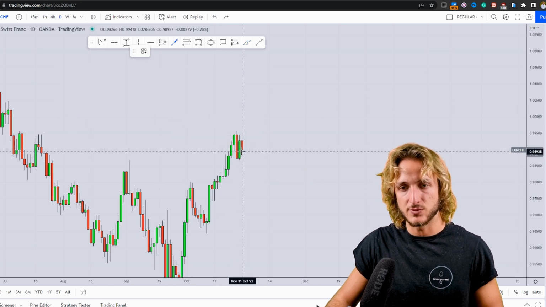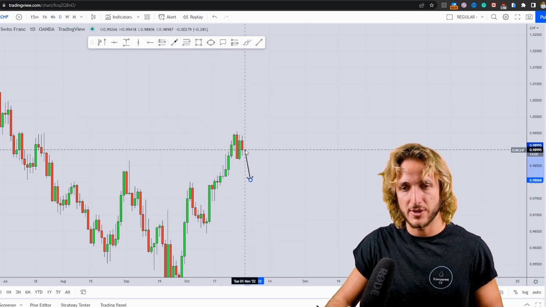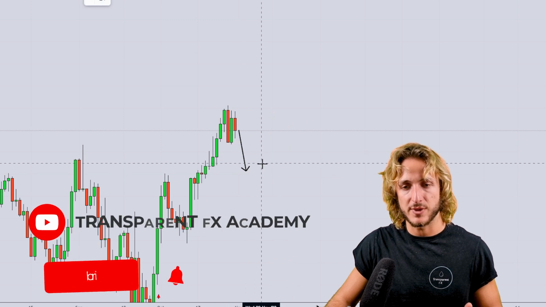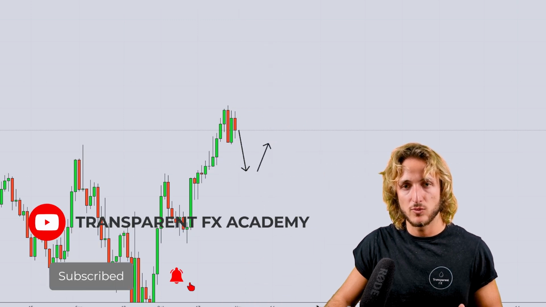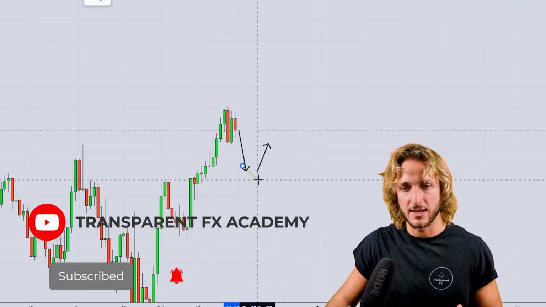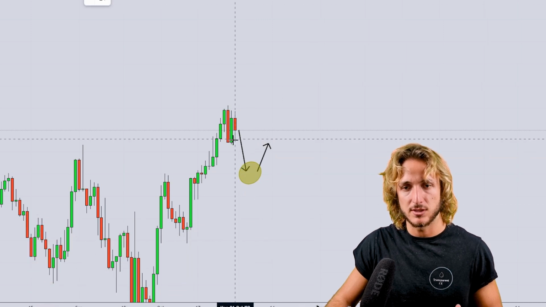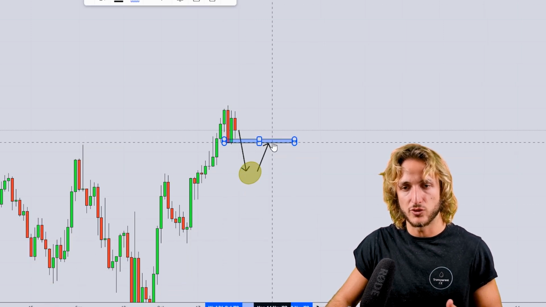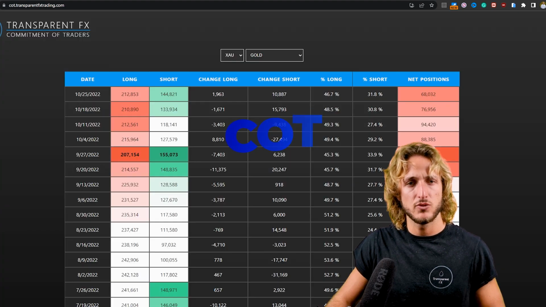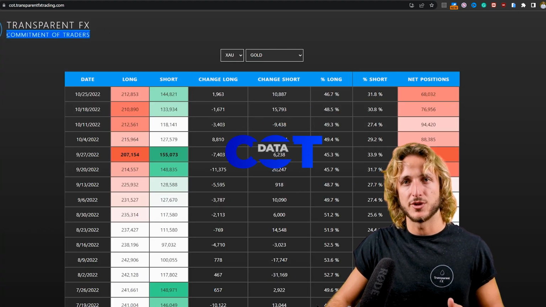So if we do get this move to the downside, creating this M pattern, at that point, we could expect a potential reversal and completion of the pattern at the neckline, which is this area here, which is previous support to resistance. Now, if we go and see what we have when it comes to the commitment of traders,